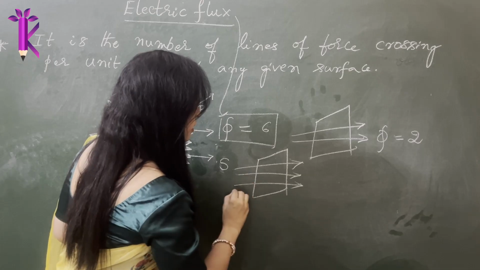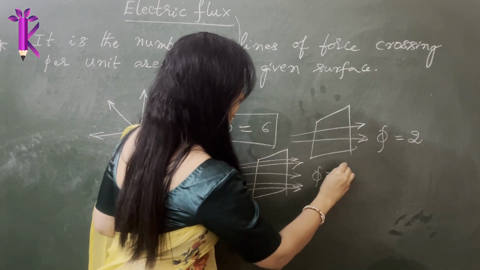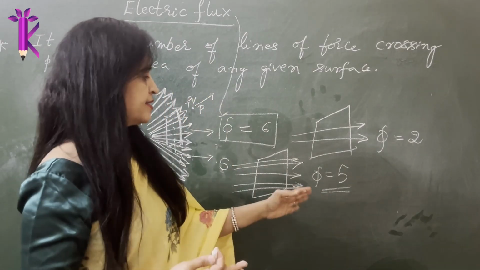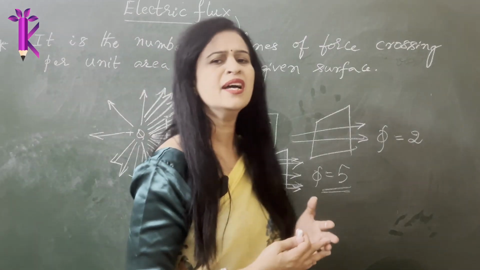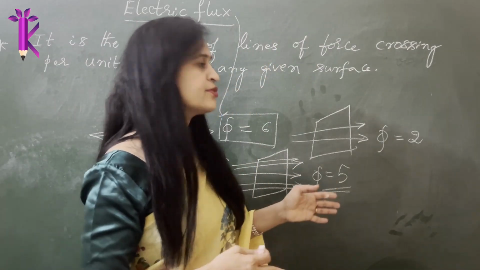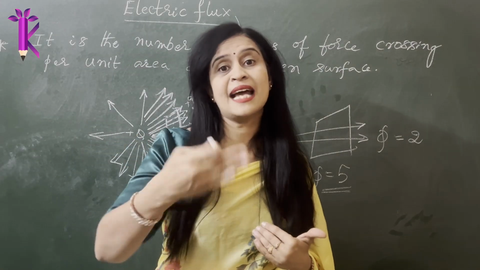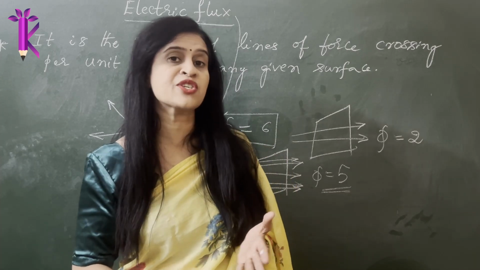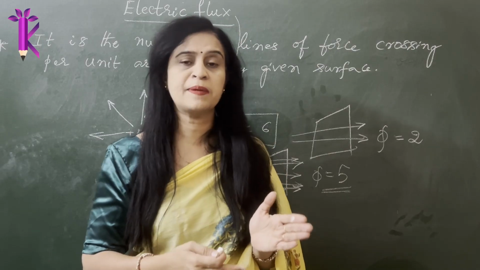So if you have a larger number of lines passing through, say 5 lines pass through, then the electric flux becomes 5. So flux is a scalar quantity because it just gives you a number. It's a physical quantity, a scalar quantity. Basically it gives you the number of electric field lines, the imaginary lines that we assume to understand how a point charge would experience force in a particular direction. So it gives you the number of imaginary lines that can cross through a particular section area.